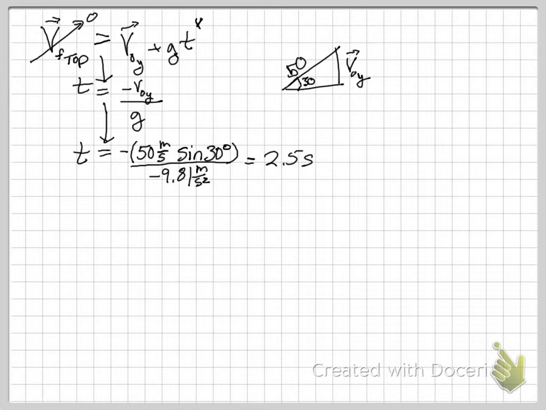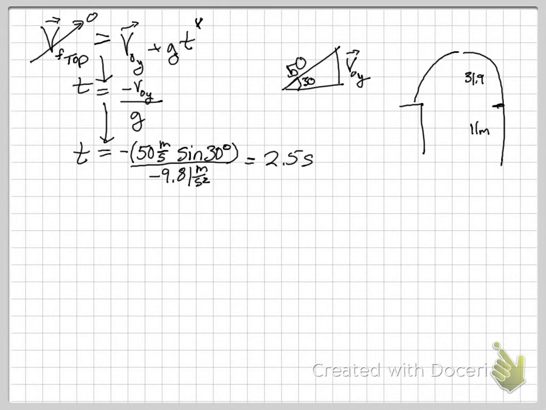So it took basically 2.5 seconds for it to get up to this point after it left the wall. Now we want to figure out how long it's in the air for this part right here. So to find that out, we use somewhat the same idea, but we have to think a little bit, because now it's not just falling back the 31.9, but it's also traveling 11 meters on top of that, the distance that it was off the ground when